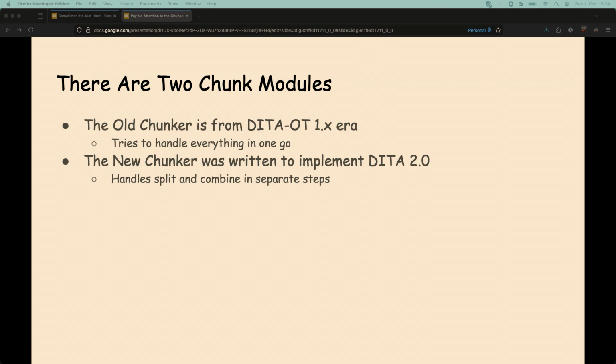I don't blame the original coders. The problem is difficult, and they were probably still developing the spec when they wrote that. So no blame there, but it's really complex. So when they started to develop DITA 2.0, that was a good moment to start implementing a new version of it.